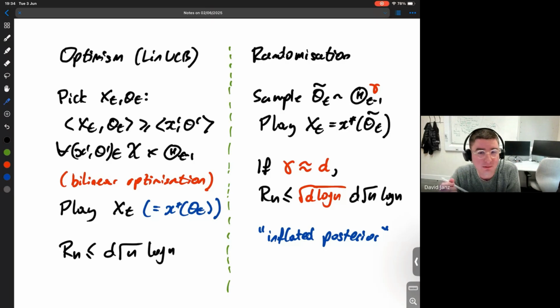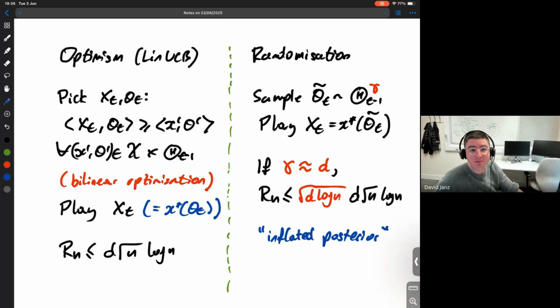So the alternative is that we might sample a parameter uniformly from the confidence set and play the action optimal with respect to that parameter. So the question is, should this work? On the left, we have optimism, and we very carefully picked a specific parameter-action pair that satisfies a condition that will let us make the proof go through. And the interesting question is, can you get away with just randomly picking a parameter and playing greedily with respect to this? Is there a reason to think that this should work?